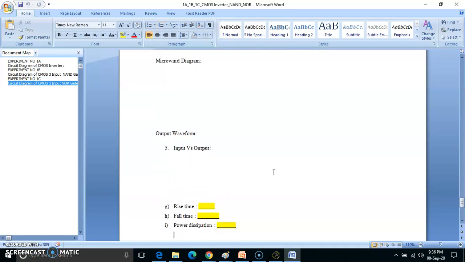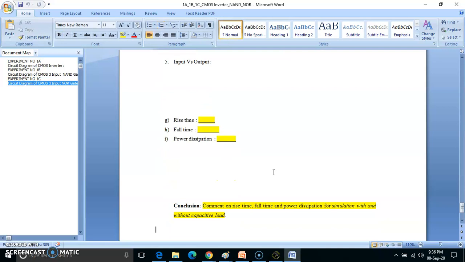Here in the conclusion part, for all these things you need to put the comment properly. What is the rise time and fall time, and your reflection, the problems you faced. So hope these things